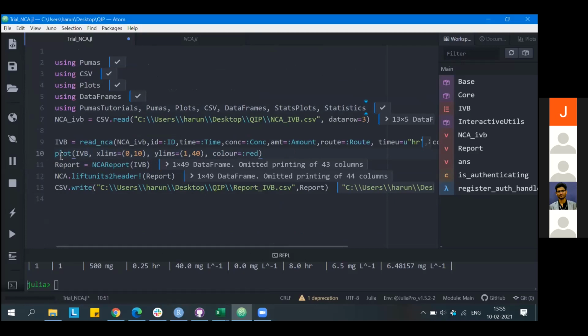I'm trying to plot using the Plots package, and the function is plot of my NCA subject. These are just aesthetic parts; we'll come to them later. This is literally the single command you might need. I'm just telling it, plot my NCA subject.